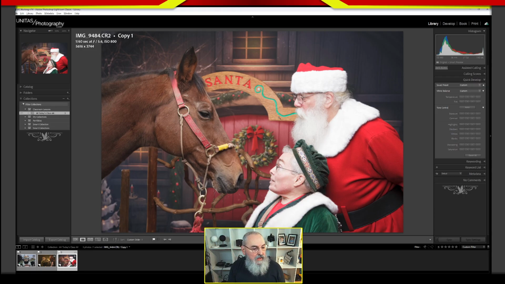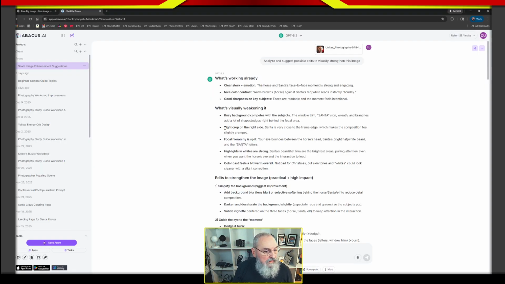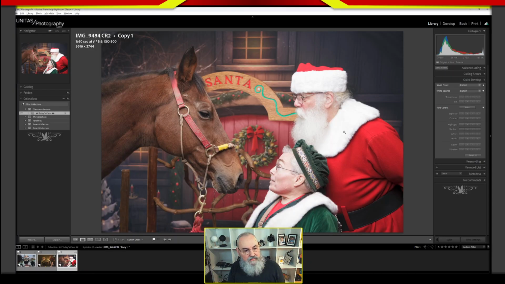It says, okay, all this stuff in the middle is really distracting everything. Tight crop on the right side. See, this I probably don't agree with. And this is one of those things where you have to take whatever ChatGPT gives you and weigh it against your own judgment. I don't really see it because